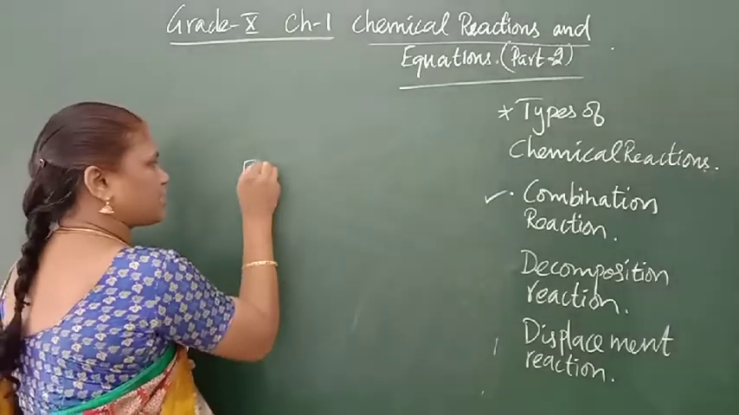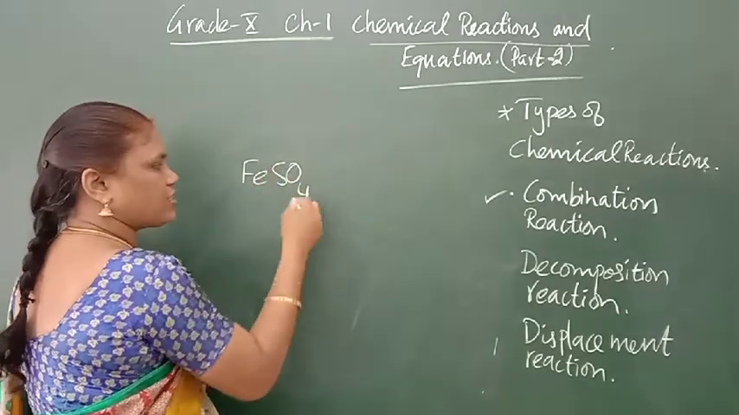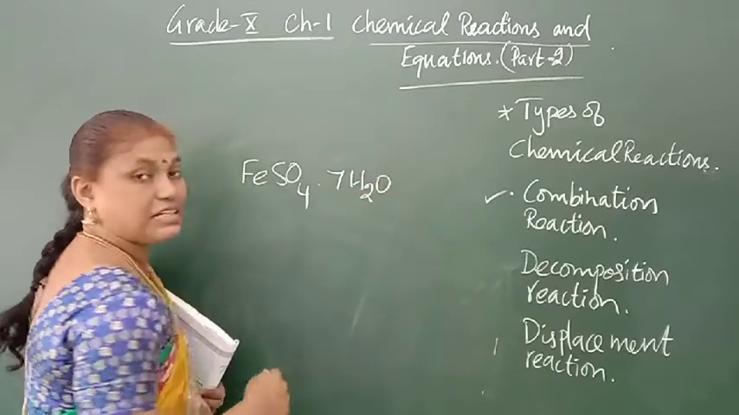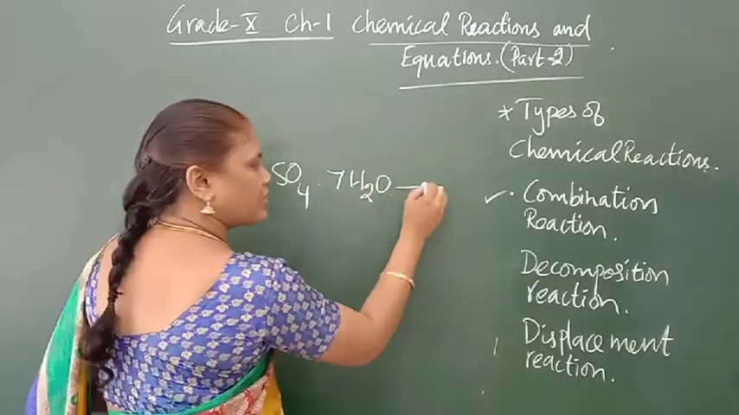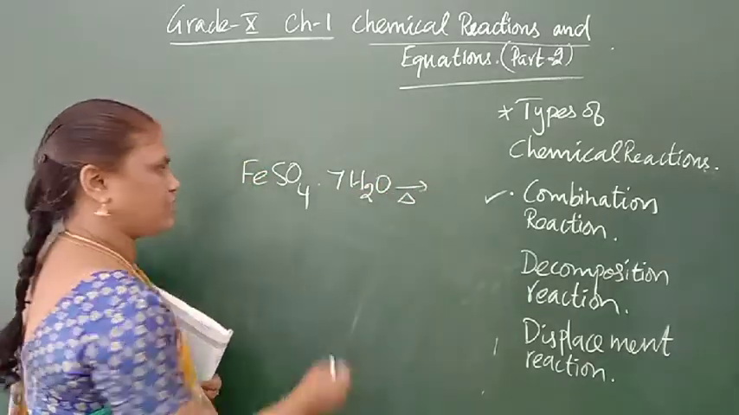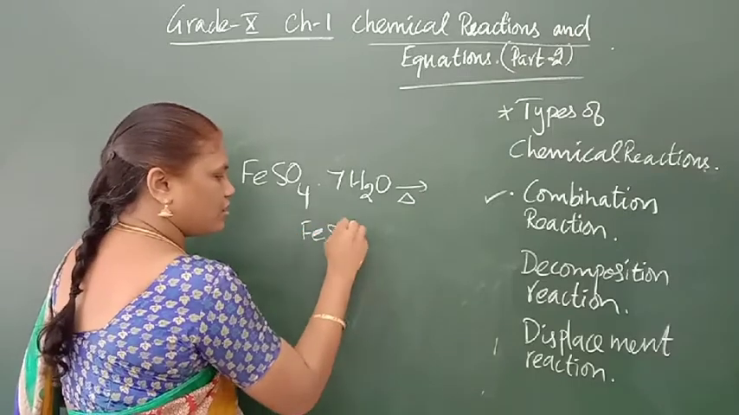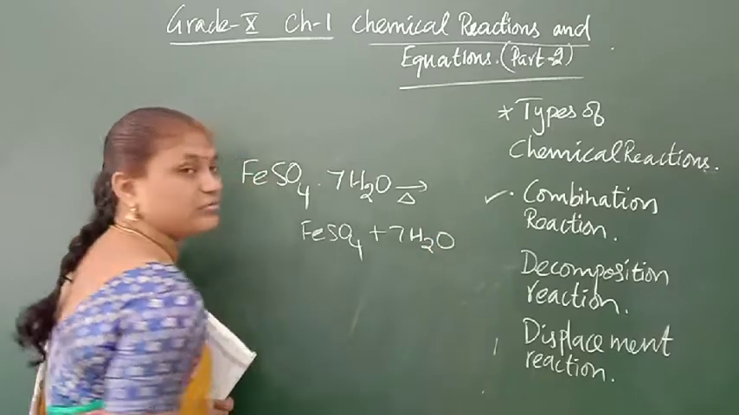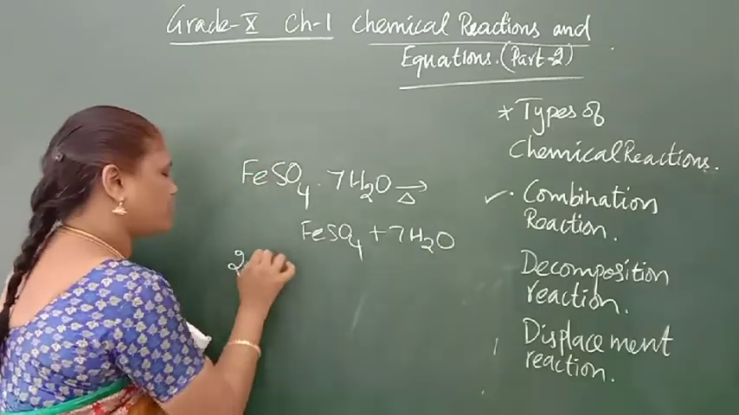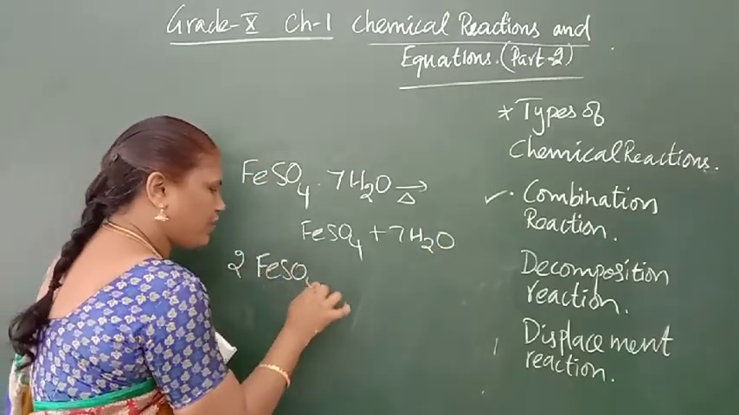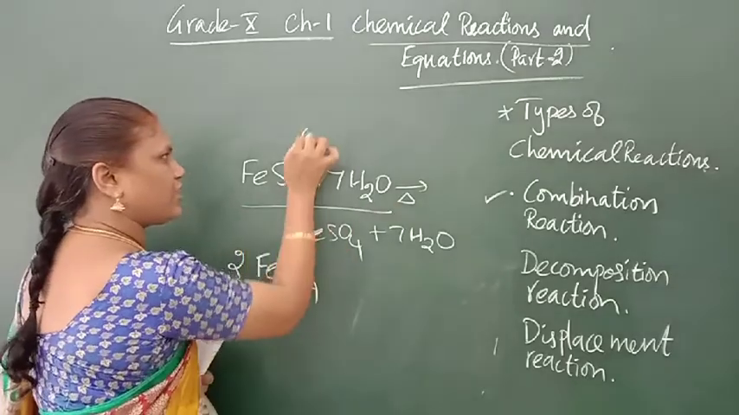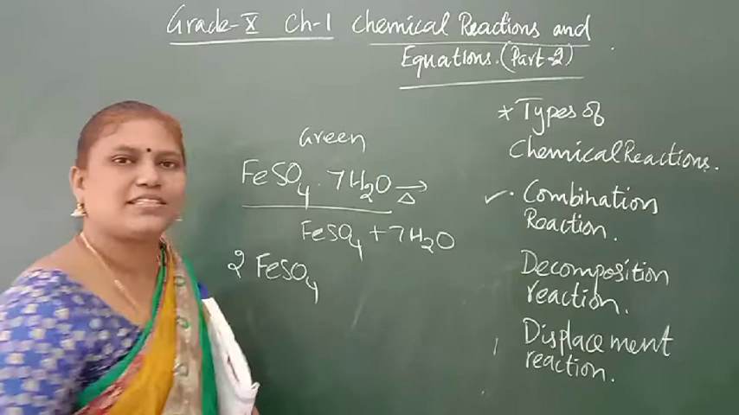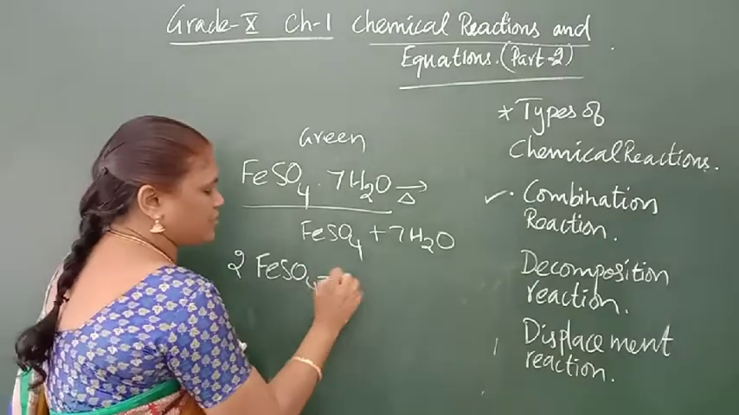The first one is ferrous sulfate. It is not given in your book, but you should know it. So it is ferrous sulfate crystals. It will be green in color. First it gets dehydrated. After that, two molecules of ferrous sulfate. First it will be green in color. What is the color of this? Green. When it undergoes decomposition in the presence of heat, it splits into